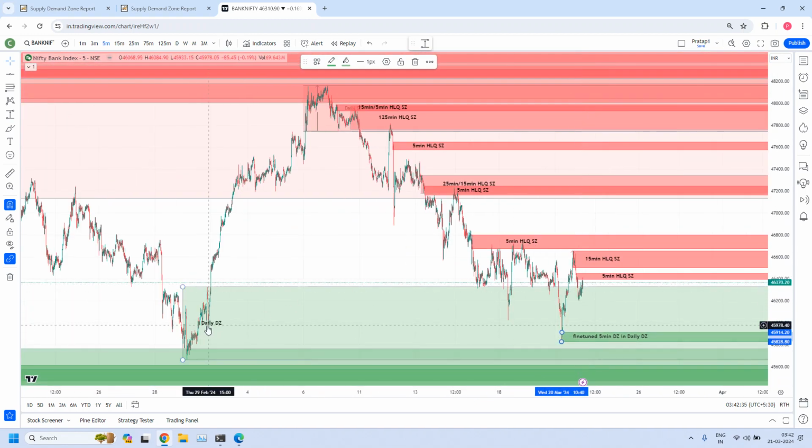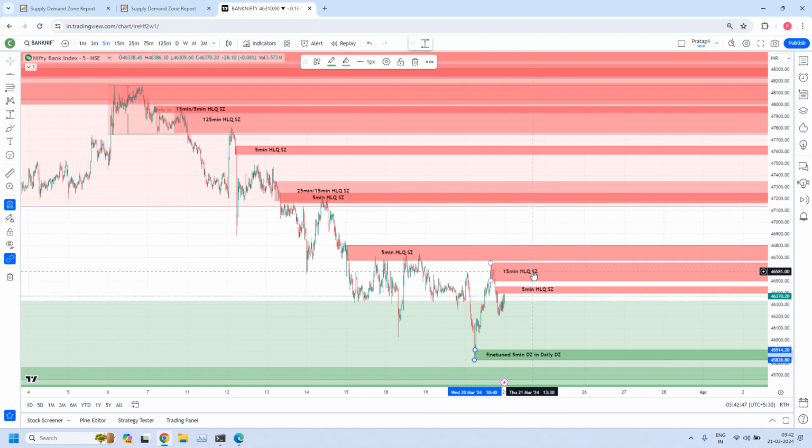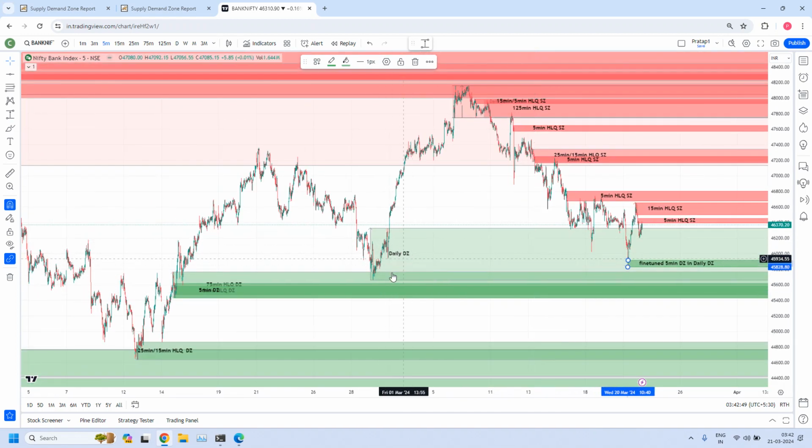This 5 minutes demand, this normal demand zone may be changed to high liquidity demand zone in the coming days, if it keeps continuing. The reason is institutions are creating new zones again inside this. They are not letting this demand zone violate. The main reason is this daily demand zone, the origin is from this 75 minutes high liquidity demand zone. That's why they are giving importance to this daily demand zone. If the origin is not from this high liquidity demand zone, definitely by this time this daily demand zone would have been violated.